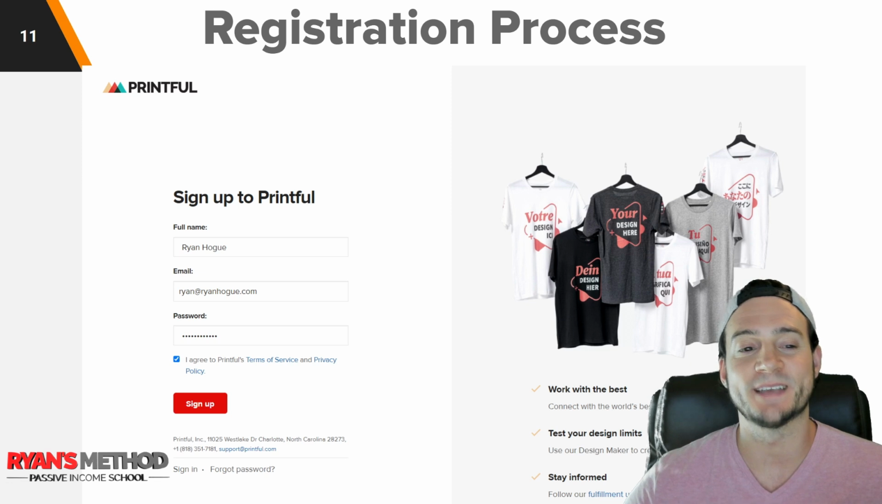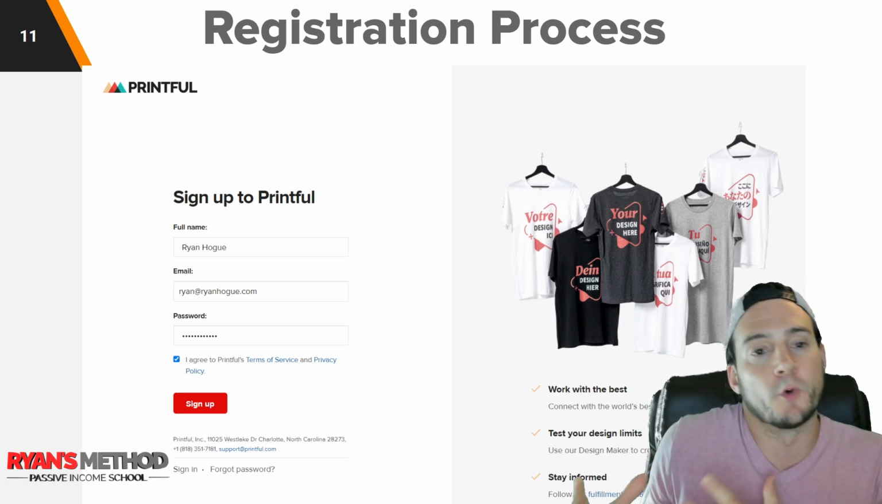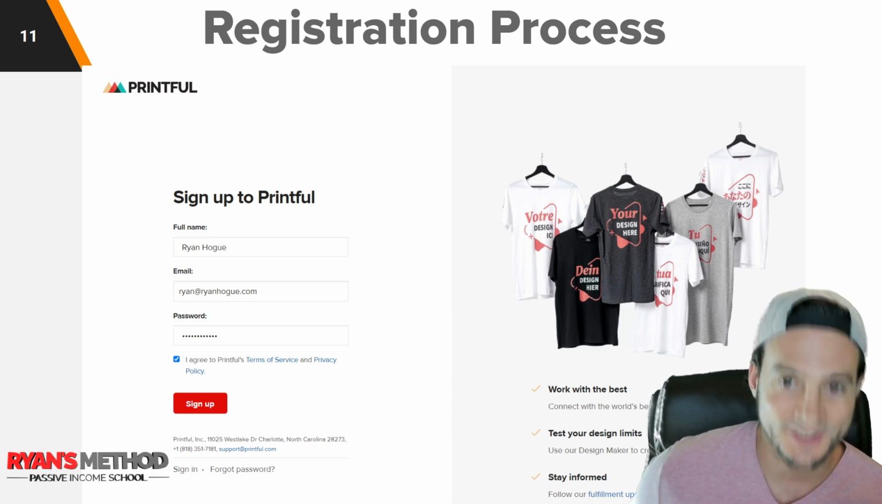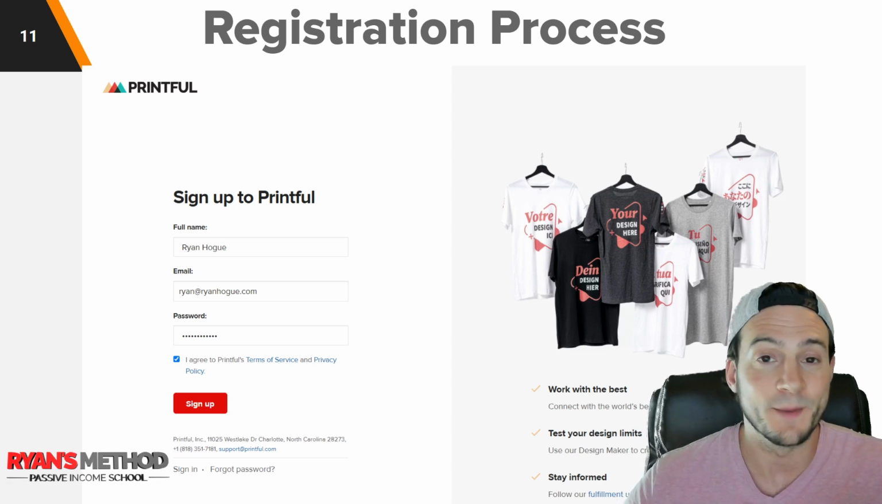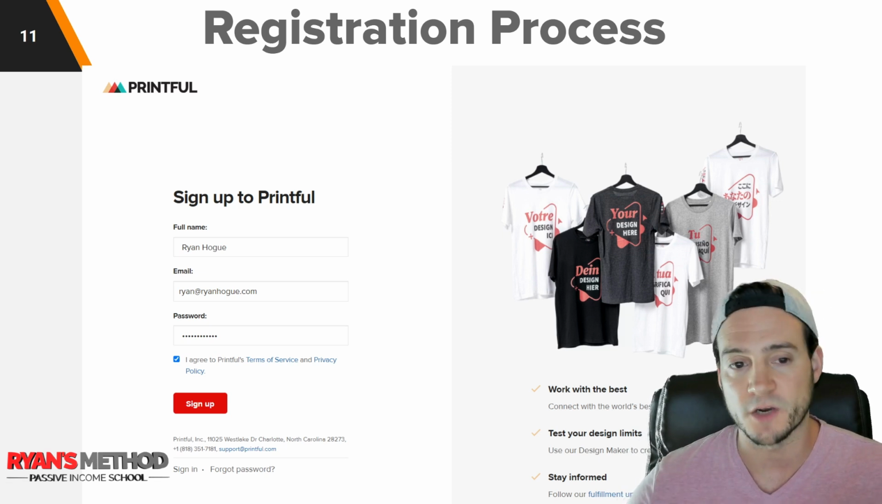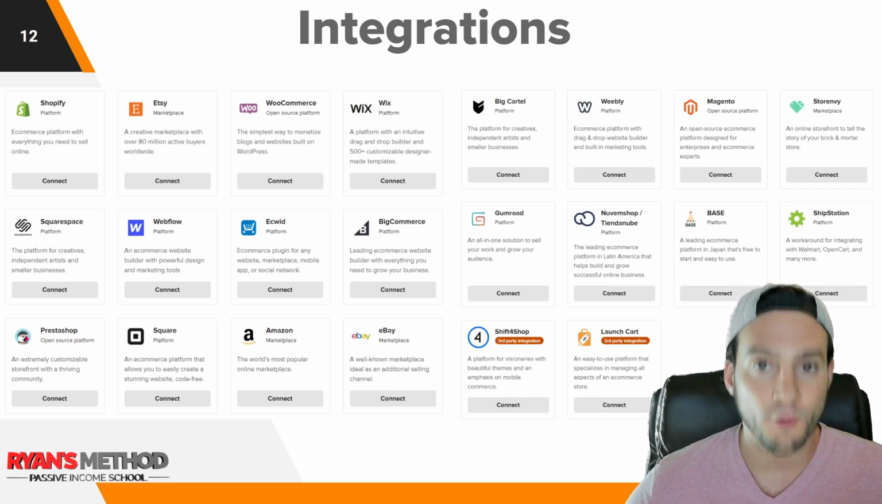All you have to do to sign up is provide a name, an email, and a password. Now, there is a little bit more to it than that. Once you actually get started, you're going to need to integrate your store. I will recommend also adding a payment method using Printful Wallet, and I'll talk more about those in a second. So with the integrations,